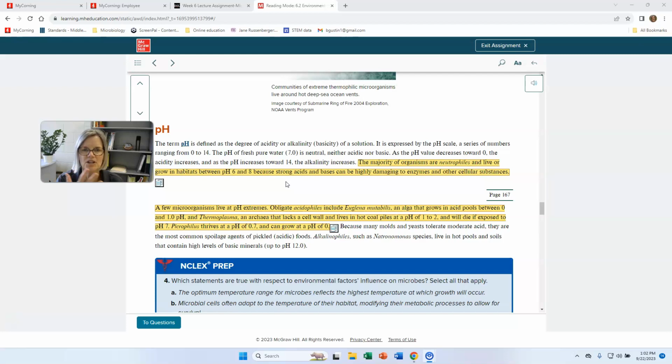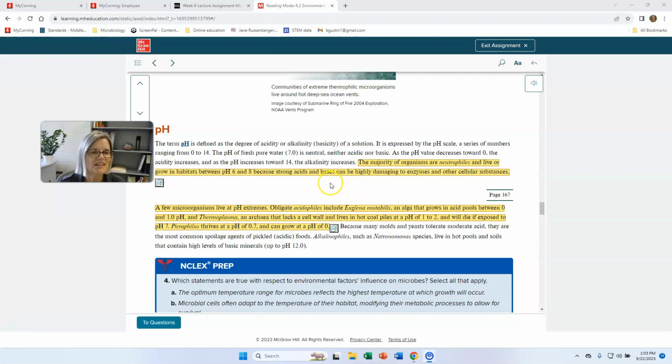So we function at fairly neutral pHs. And so do very many microorganisms. They say they like the range between 6 and 8, and strong acids and bases can be very damaging. You can imagine that our normal microbiota and any organisms that cause disease related to humans or most animals will survive also, will prefer these neutral pHs.